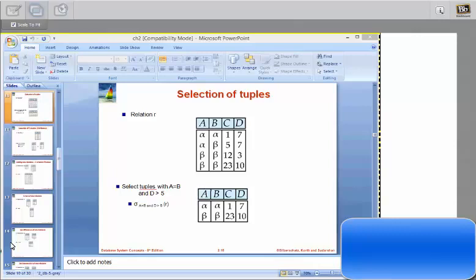yes, yes. Yes, you have to put that, okay? Because see here, this is the question, and here you can see the relational algebra will be like this. Select A equal to B and B greater than 5 of R, okay? That means,